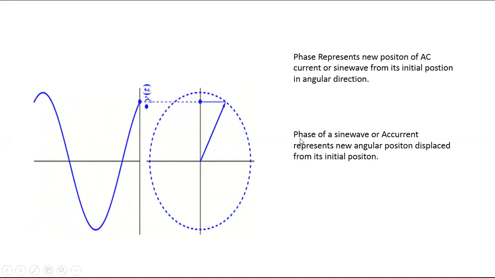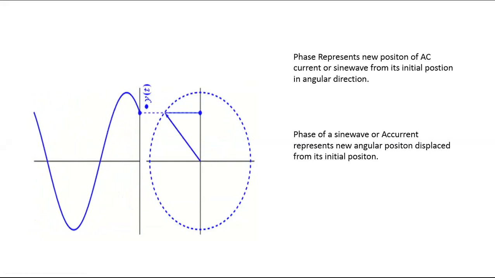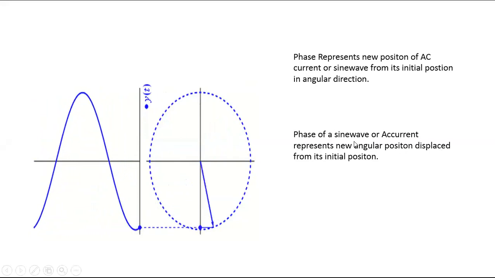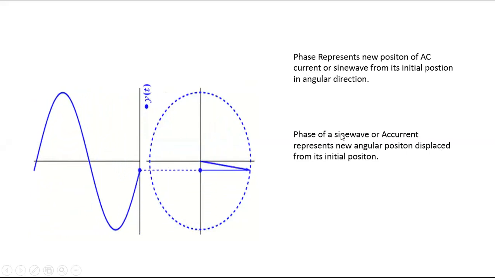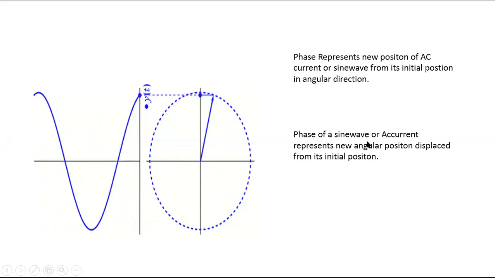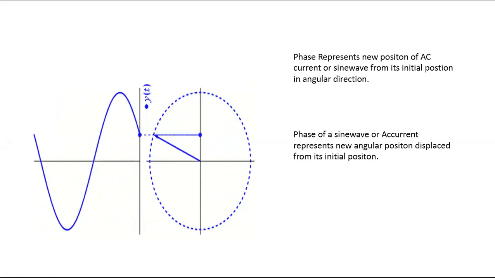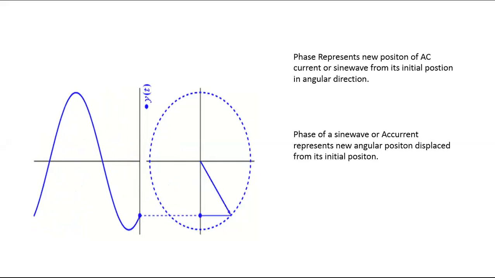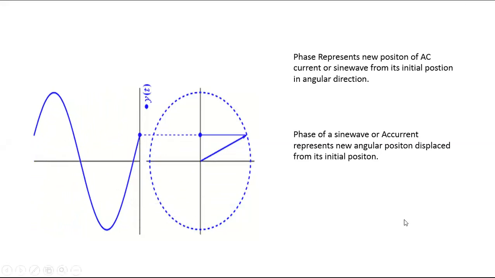What is another name for AC current? Bidirectional current. Another name in terms of trigonometry, what is the name? Sine wave. Yes, another name of AC current is sine wave. We say wave because that current flows through the wire continuously, 24 hours. That's why it can also be called a wave.